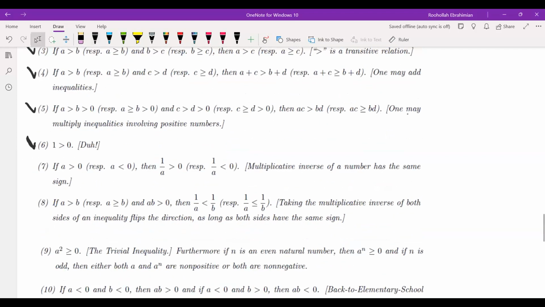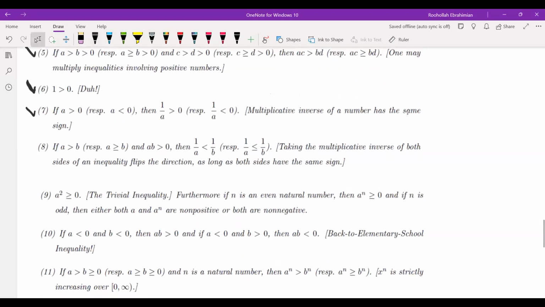Yet 1 is greater than 0, so that's the next inequality. The next inequality is that if you take a positive number, then its reciprocal is also positive. And if you take a negative number, then its reciprocal is negative. Next one is if you take an